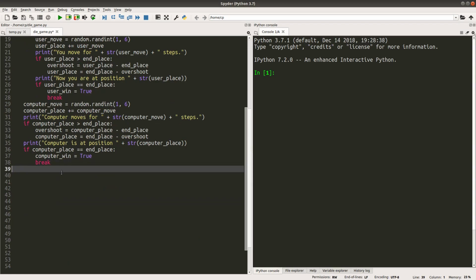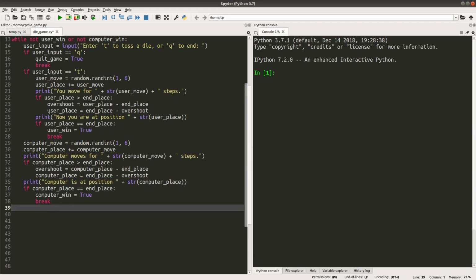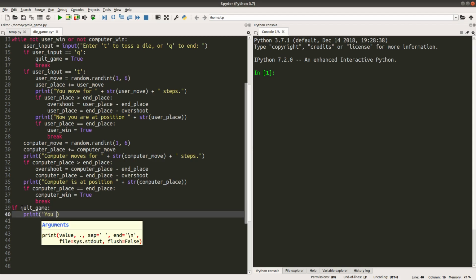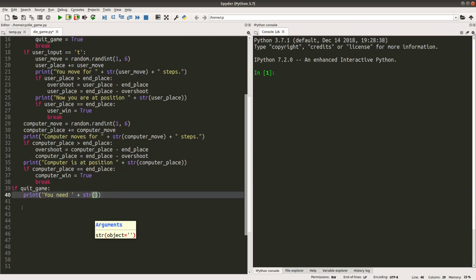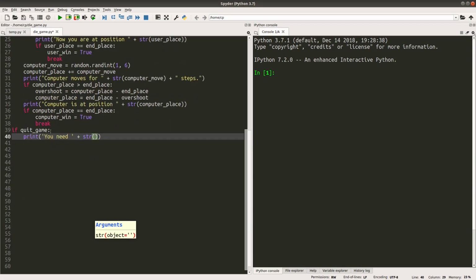Okay, if somebody or the computer reaches the break keyword, we will do something like this. If somebody has pressed quit game instruction, I will print out the remaining steps he or she has to do in order to win the game.